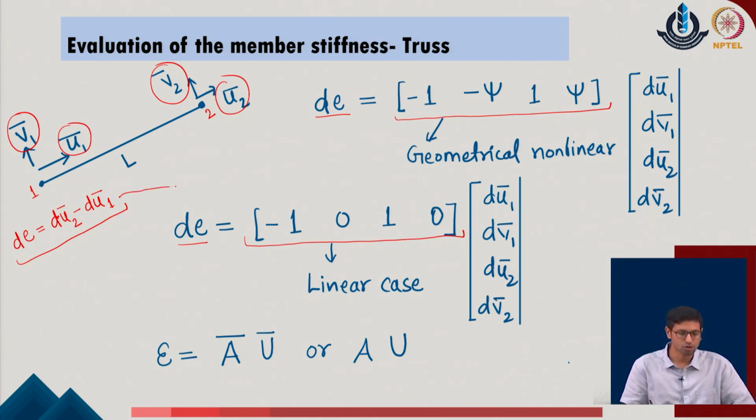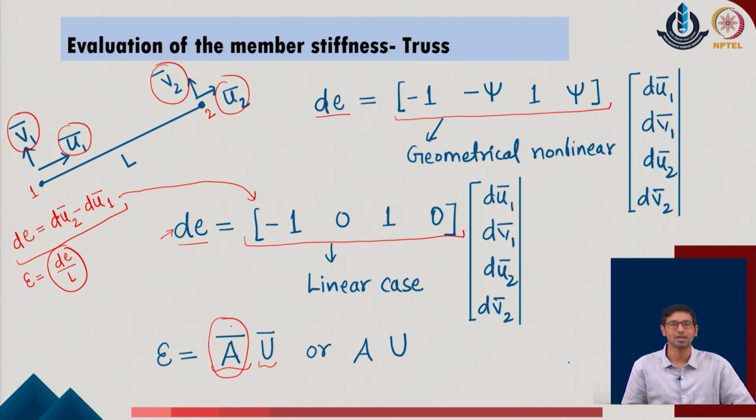And this relationship can also be written in the same form as the general relationship for the geometrically nonlinear problem, and we call this part of the vector the general expression of the A parameter in the given system, and this vector, defined with respect to the displacement changes in the system, can be described as u bar. Now, the only difference is that we have defined this with respect to the change in the length. If you want to express it in terms of the strain parameter, the user can simply write it again as d upon L. So, the expressions defined over here, once they are divided by the L parameter, typically reflect the values of A in the given system.